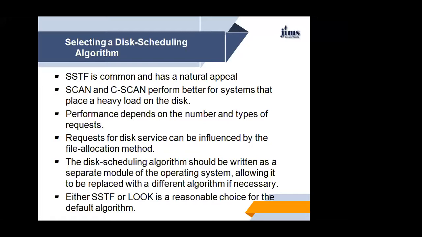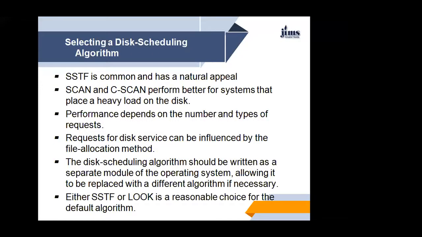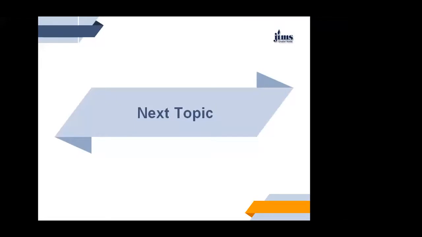The disk scheduling algorithm should be written as a separate module of the operating system, allowing it to be replaced with a different algorithm if necessary. So either SSTF or C-SCAN, you can say SSTF is the default, and these are some of the references. Okay, so here I will stop, and in the next lecture we will discuss